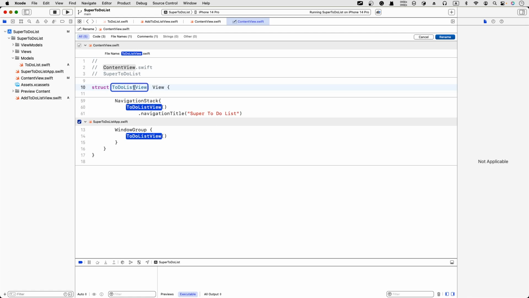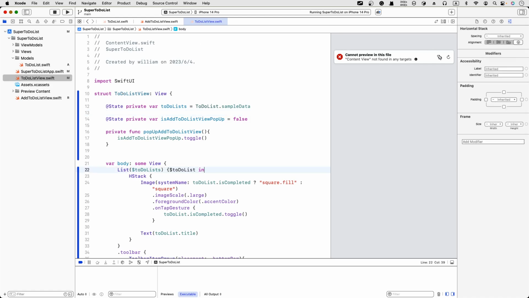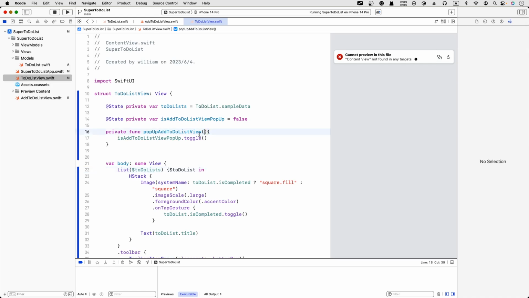So we have the functionality of the to-do list, and this is the view, the main view for that. So ToDoListView. Once you change that, all these corresponding names will be refactored, and that would just be great. And I think that's pretty much it. And of course, if you get a lot of errors here because they are using the cache, you need to rebuild by using Command B, so the errors will go away. That's the first step, and